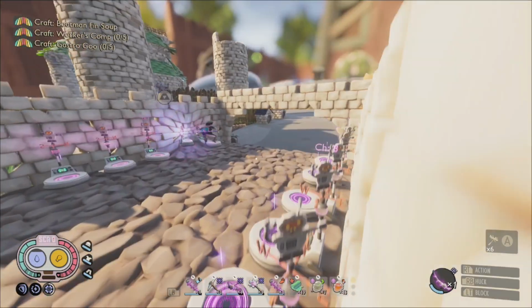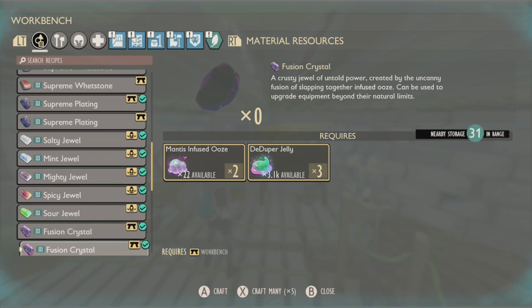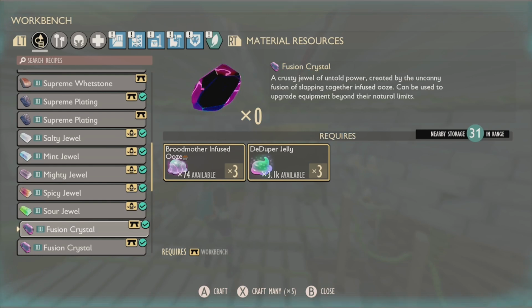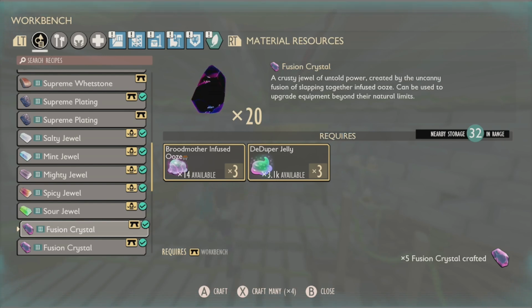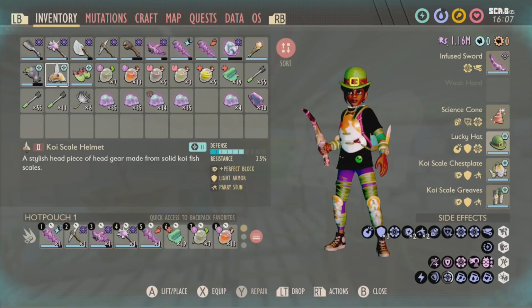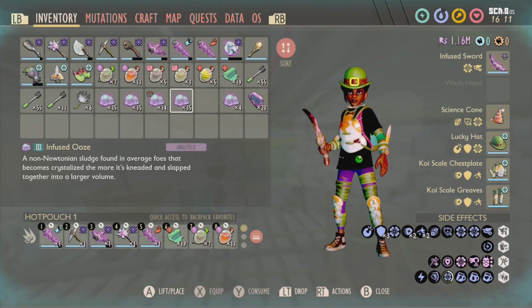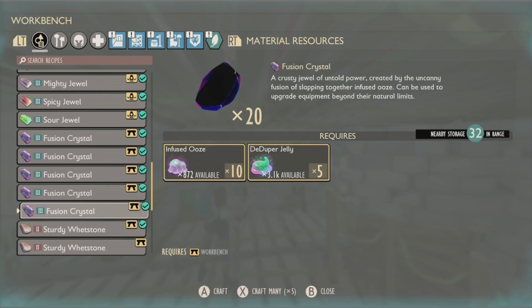So let's do it. So in total, I had almost 11 Broodmother Ooze before. Now we have 74. So 5, 6, 7. So just like that, I can already make 20 crystals just from those 13 Broodmothers we killed. And not to mention, I would say I would have around 110 Infused Ooze. So, 1, 2,